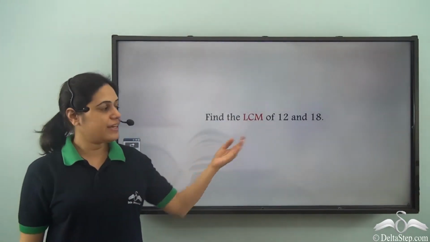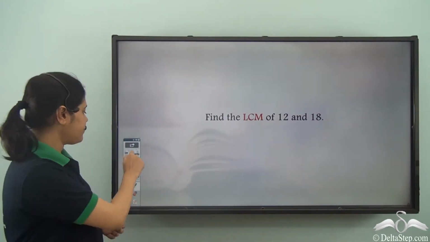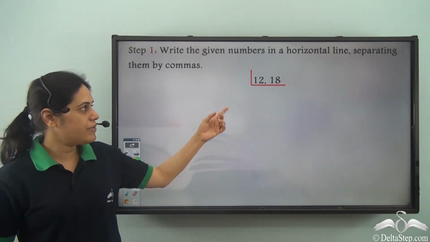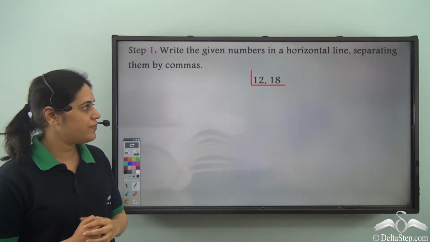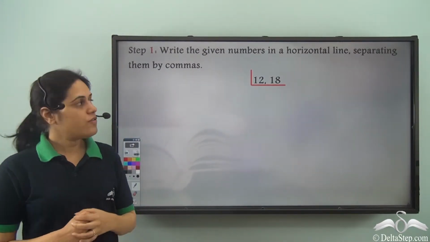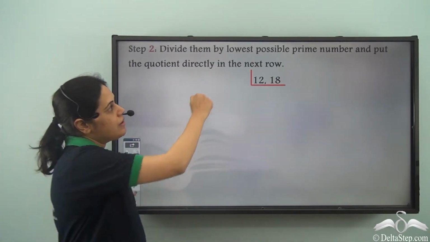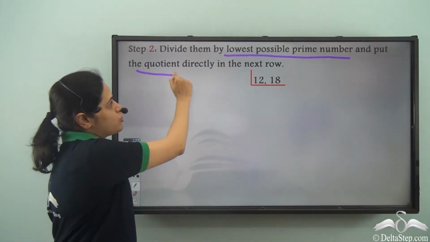So we need to find the LCM of 12 and 18. Let us see how we can do that. The first step is to write the given numbers like this, that is one after the other separated by a comma. Now first we need to divide them by the lowest possible prime number and put the quotient directly